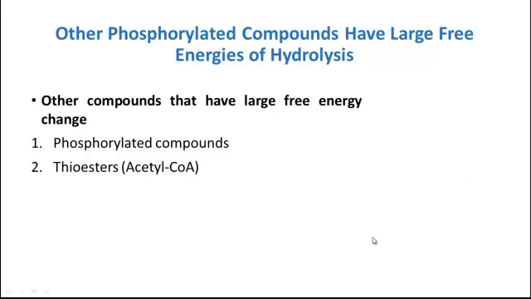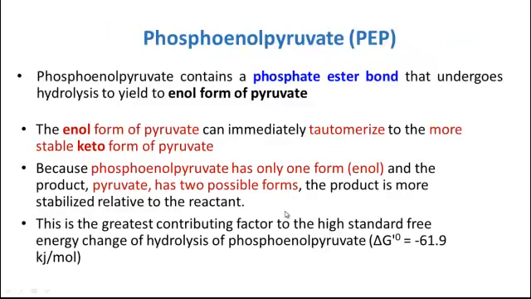So let's take a look at the biological phosphorylated compounds, the first one of which is phosphoenol pyruvate or PEP. Maybe you remember something from glycolysis, during which phosphoenol pyruvate is formed. Phosphoenol pyruvate contains a phosphate ester bond that undergoes hydrolysis and yields the enol form of pyruvate. This enol form of pyruvate can immediately tautomerize to a more stable form, the keto form, meaning